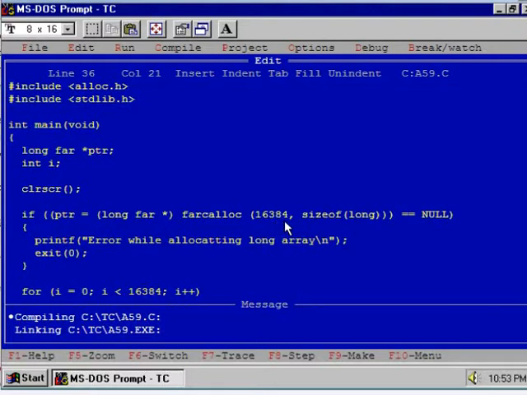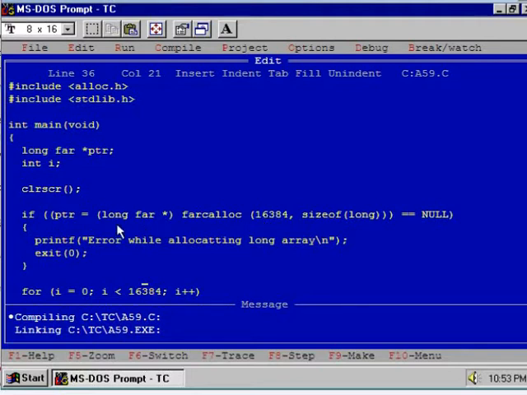Now, how many elements do we want to store in the array? 16,384. What is the size of each element? It's a long. So farcalloc will reserve space for 16,384 long integer values. It will allocate space in the heap memory area, the far heap, not the simple heap. Clear?